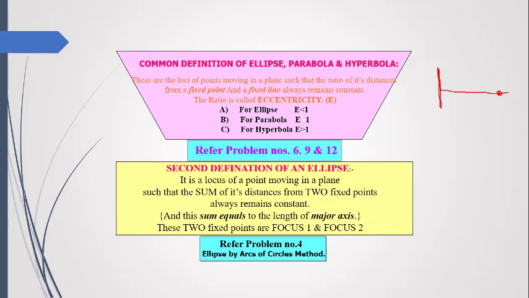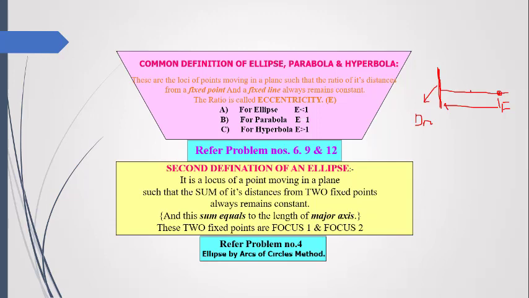This is known as the fixed point, that is a focus, and this is known as a fixed line, which is known as a directrix. So the directrix is a fixed line, and the focus is a fixed point. The location points moving in between them, that is from the fixed point focus to the line, will give us the same ratio, or equal ratio, or constant ratio. This is known as a